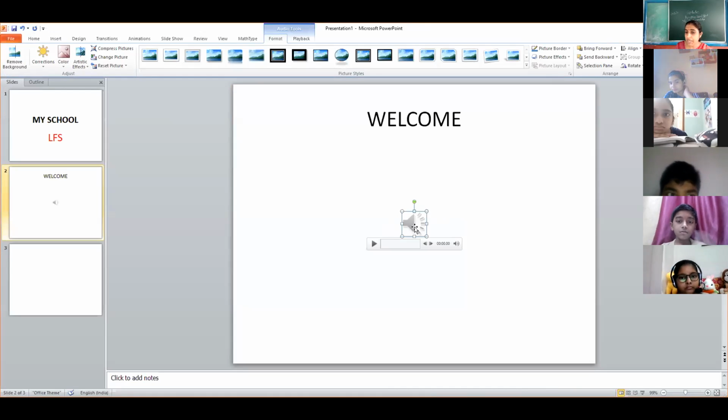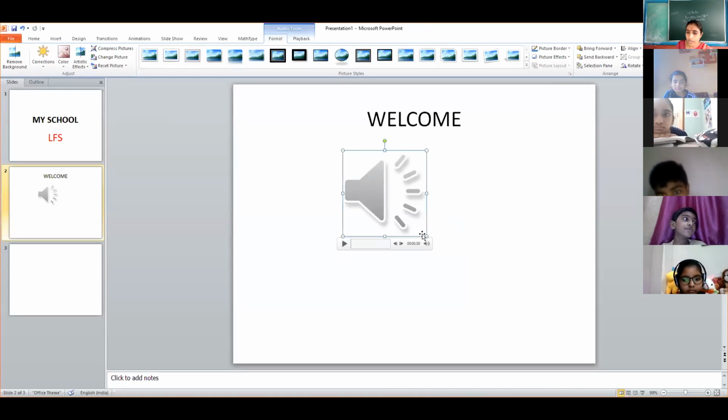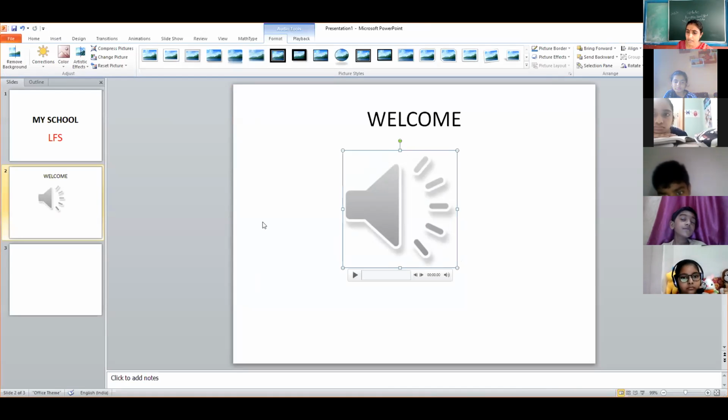Now you can see a speaker comes now. We have not inserted a speaker icon, do we? No. Speaker का icon हमने insert नहीं किया. We have inserted a sound clipping. So it could be a sound clipping of some seconds, or so. Here, as I have inserted, you can arrange it according to your requirement, and then you can see here the play and pause button.